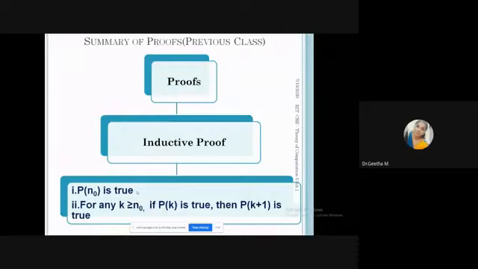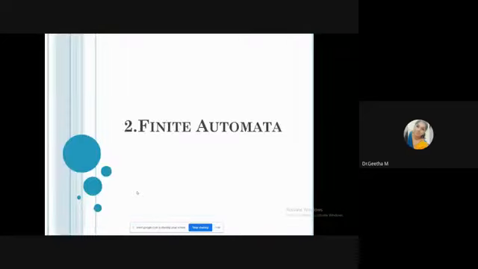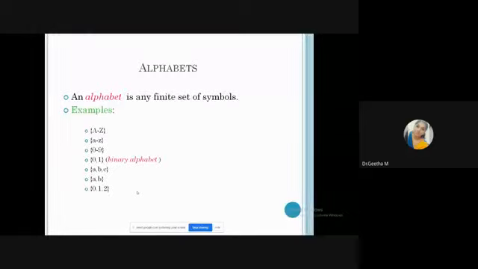So today we can start the theory of computation. The first element, the basic model available in theory of computation, is finite automata. So we can start with finite automata. Before starting the working principles of finite automata, we should know the meaning of some terminologies. Those terminologies are alphabets, strings, and language. Let us see them one by one.